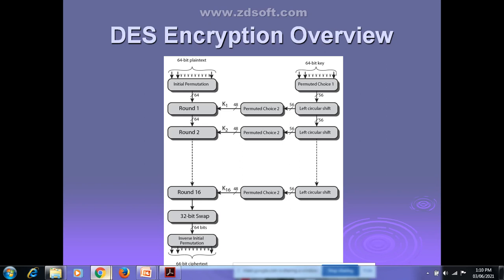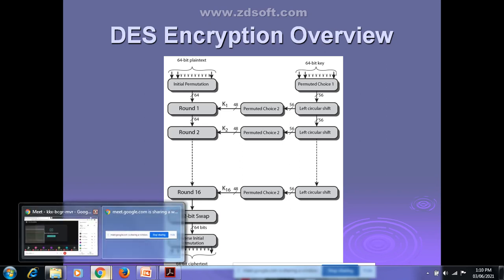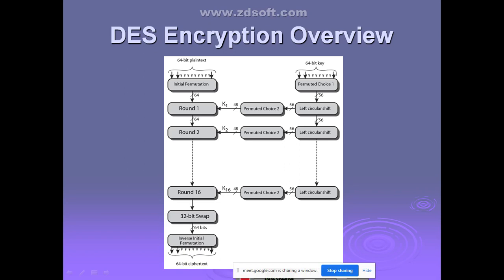Why? Because, are you listening? Yes, whatever the permuted choice 2 function is, that is the same function you are using in each round. But every time you are performing the left circular shift operation before it, and after that the same function is performed on that shifted result. Because of this shifting operation, it is going to produce different kinds of sub keys at each round. Clear? This is the DES encryption overview we have seen in the last class.